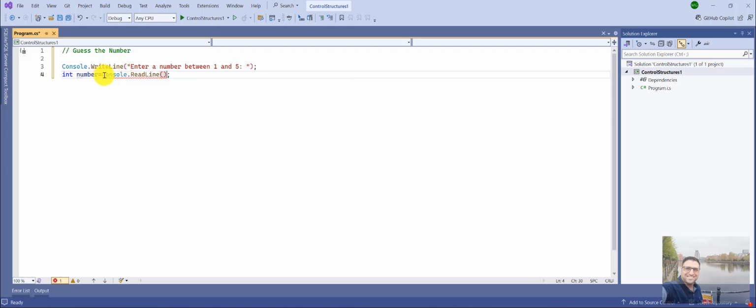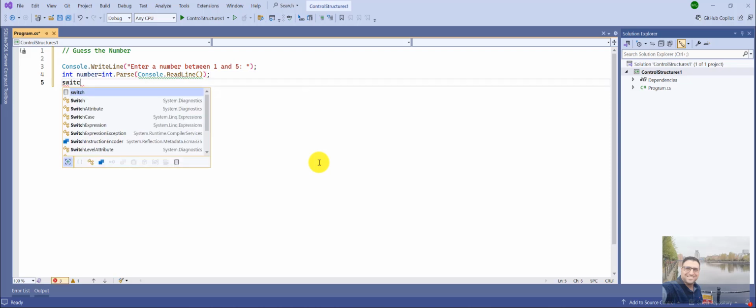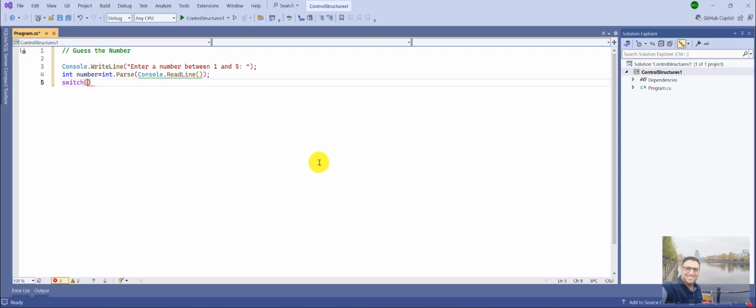And this is the key point. So in order for us to convert this input to an integer, we have to parse it. And in order for us to parse it, we have to write int.Parse between two round brackets, and then we can say switch, and then take the number,